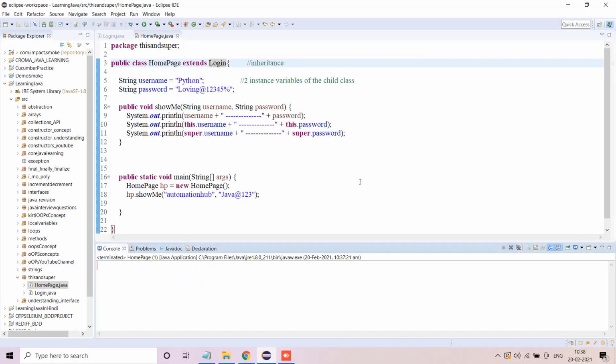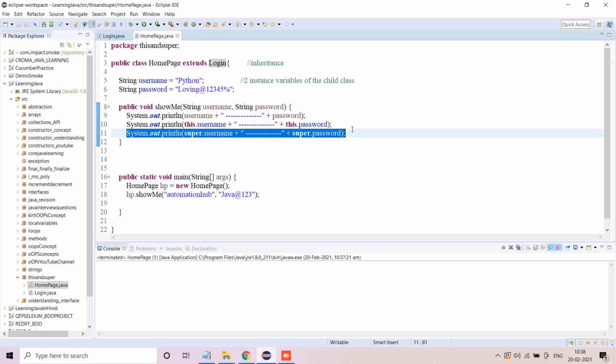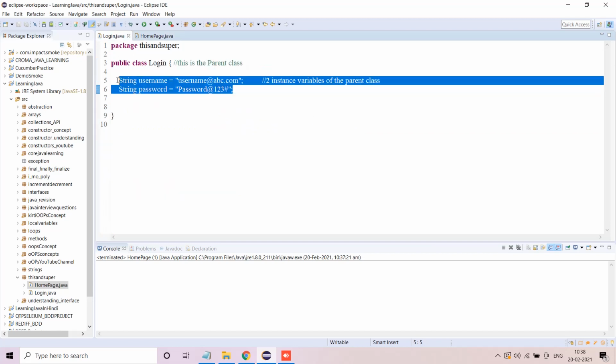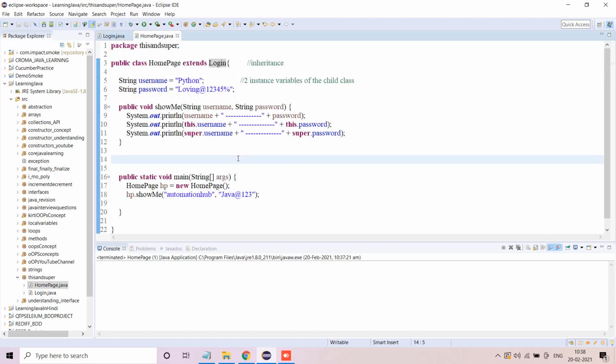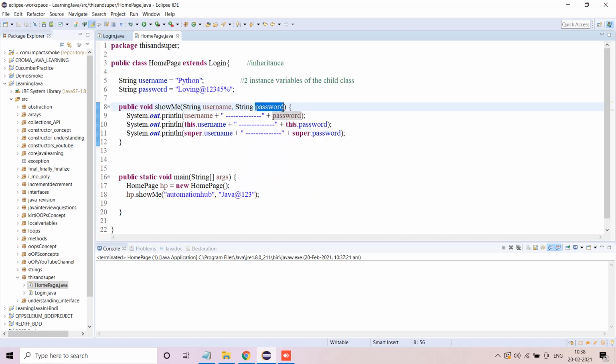Okay, I hope you like this small session on super and this keyword, and your confusion with a direct calling using this keyword and using super keyword alongside instance variables of the current class or child class alongside the parent class got resolved. And how do you equate the same naming conventions or the same variables with the same name in both parent class as well as the child class? I hope this confusion is clear by now by this small video.